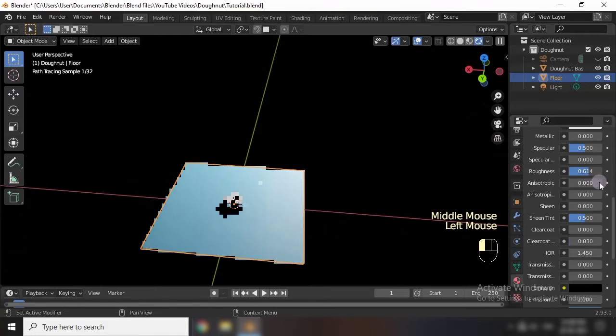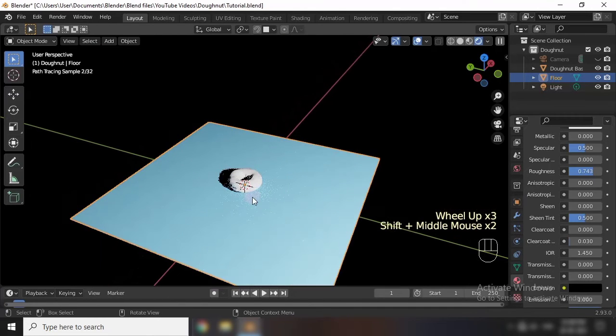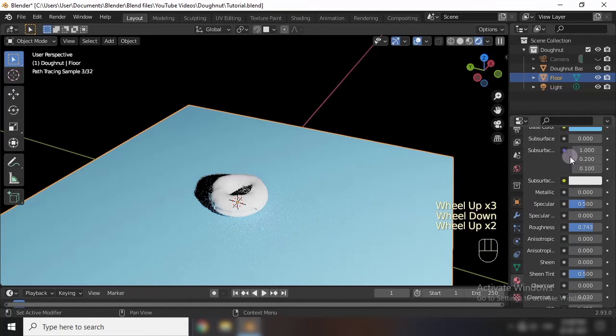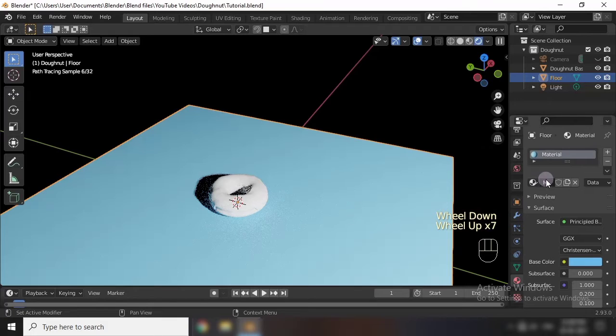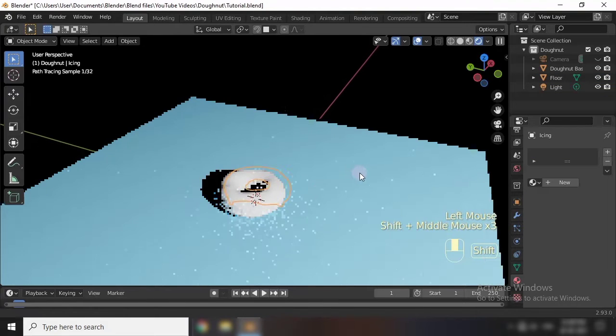I will make it slightly bigger than the default value. We don't need the rest, so let it be. We can name it by double clicking here and naming it floor.